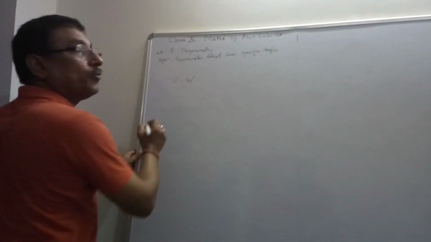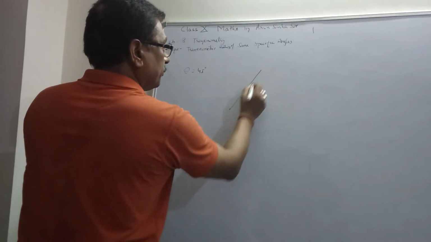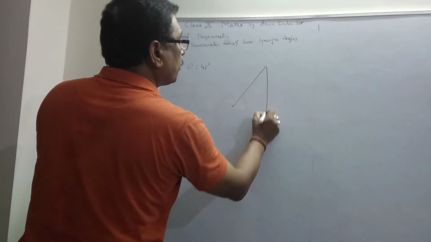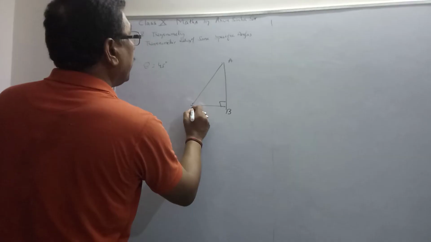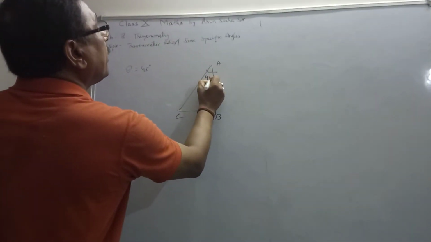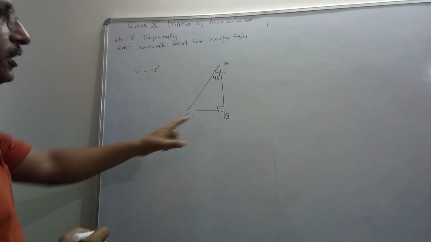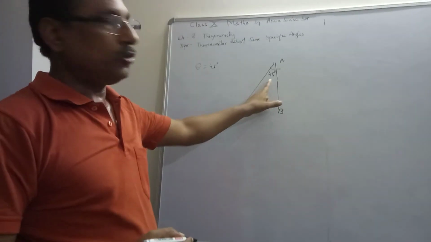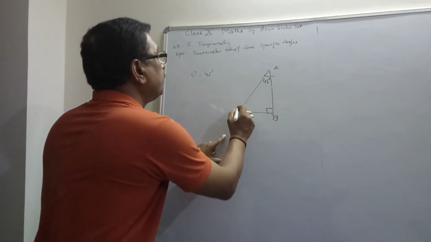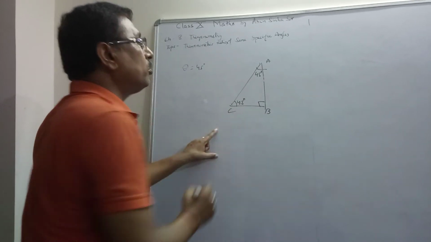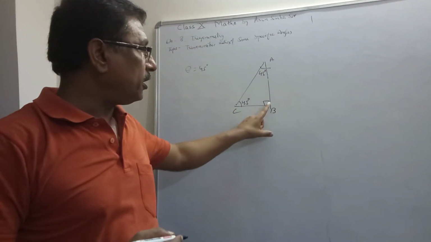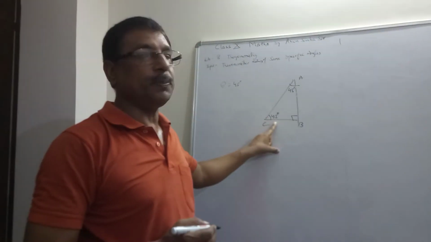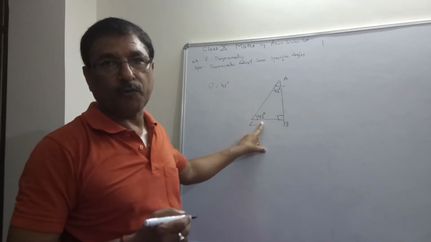Okay children. So what will you do? Just make a triangle. This is 90 degree, this is A, B and this angle is C. Let this be angle 45 degree. So if this is the 90 degree, this is 45. So this angle must be 45. Why? Because you know the sum of all the three angles of a triangle is 180 degree. This is 90 degree. So the sum of these two angles must be 90 degree. Okay, otherwise triangle will not form.